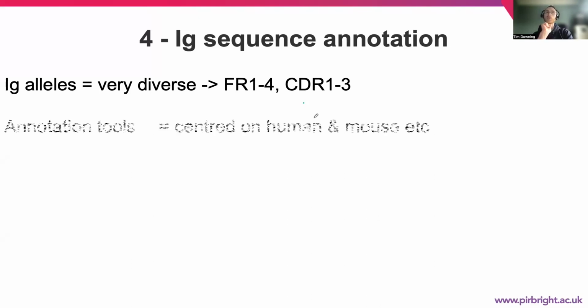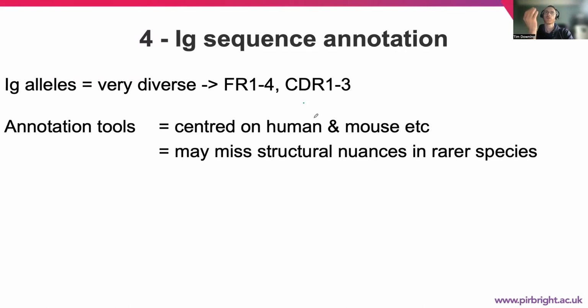And we know that annotation tools are centered on human and mice and other related well-studied organisms, less so for rarer livestock species where they may have different antibody structures, such as the long CDR3 region in certain Bos taurus samples. So what we're going to use is a tool called